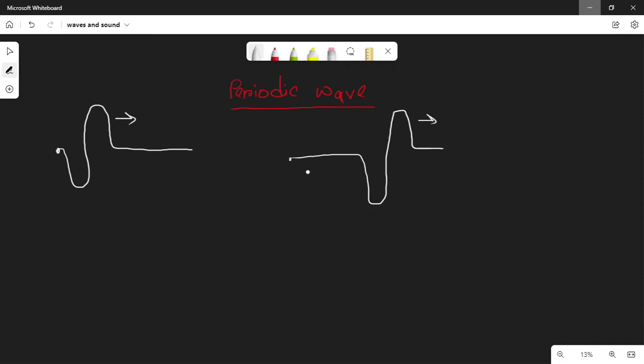And this kind of wave is called a pulse wave, because I only did it once. But what if I did it multiple times? What if I did it twice? So it would look something like this,